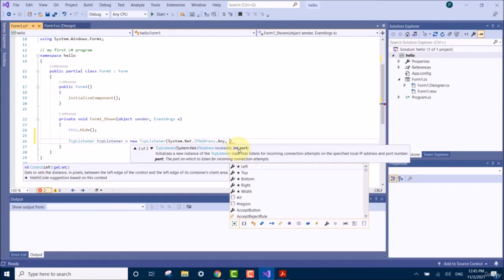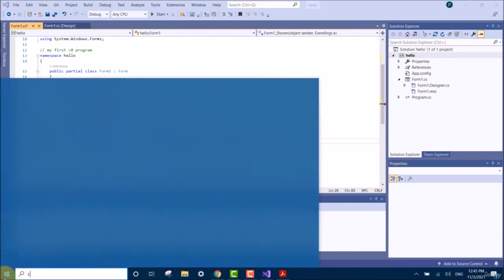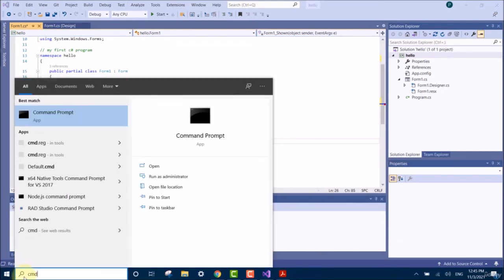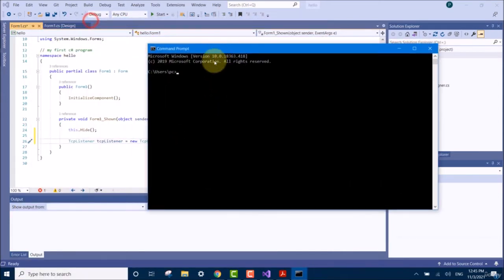So we can use, say, 4444, which should be quite available because no services are making use of port 4444. But you can always confirm it by opening the command prompt and typing netstat -tan. So you can type this now. If you want to confirm that port 4444 is available, type cmd and then click on the command prompt here